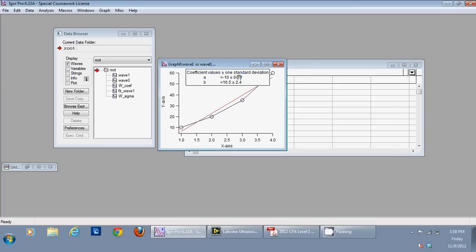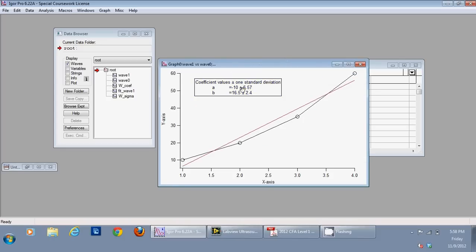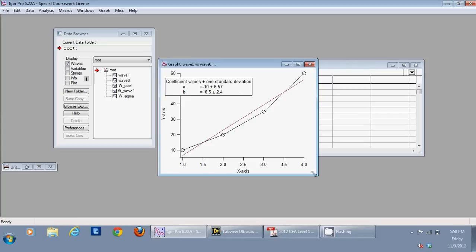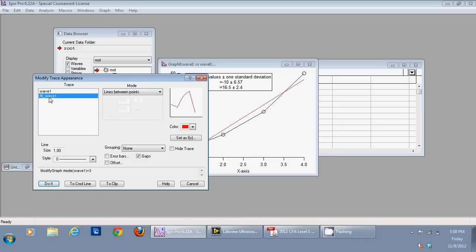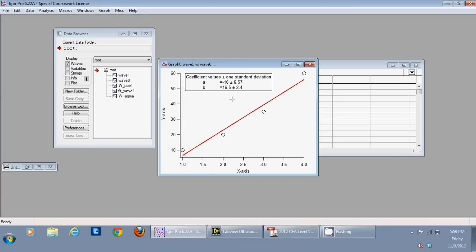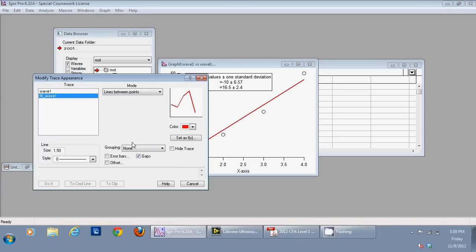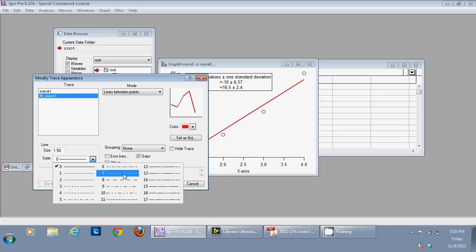So now what I can do is remove the line. Instead of using line and marker, I can just use markers. And then in the fit I can increase the length to 0.5 and say do it. And now this is black. I don't like the black and red one, so let's do line, let's do black. This is how it looks.